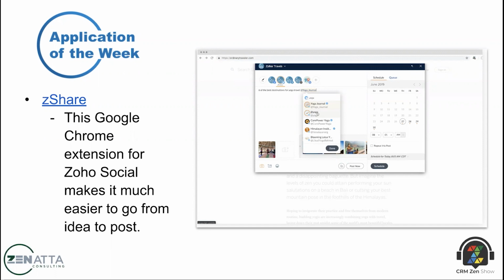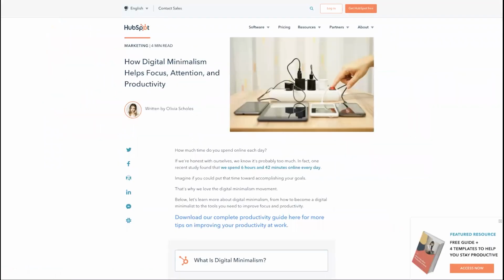For those of you who are unfamiliar, Zoho Social is like Hootsuite. It allows you to centrally manage all of your social media posts. You can also use the Zoho Social application to add posts and send them to your various social media properties. So, for example, if you're watching the screen right now, I'm on this HubSpot blog about